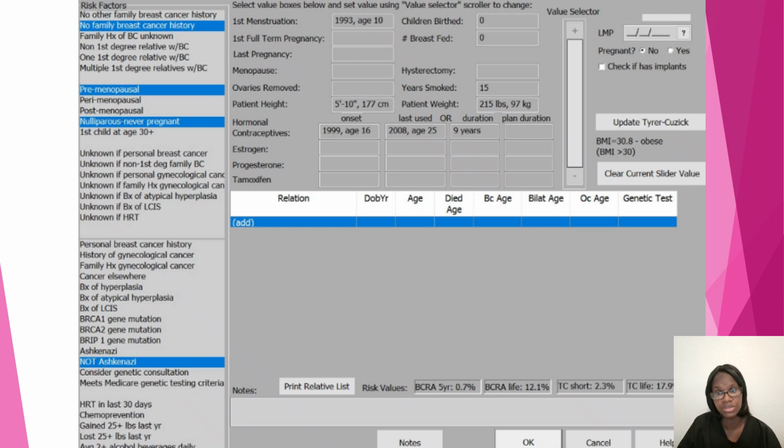Put in when they have a menstrual cycle. Check if they are pregnant or not. This is important, especially for the implants. Pregnancy is important, but especially for the implants, make sure that you are checking that the patient has implants so that